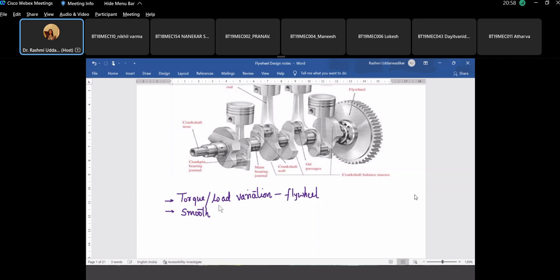Flywheel will also ensure that we are working with a smaller rating driving motor. The driving motor or the prime mover